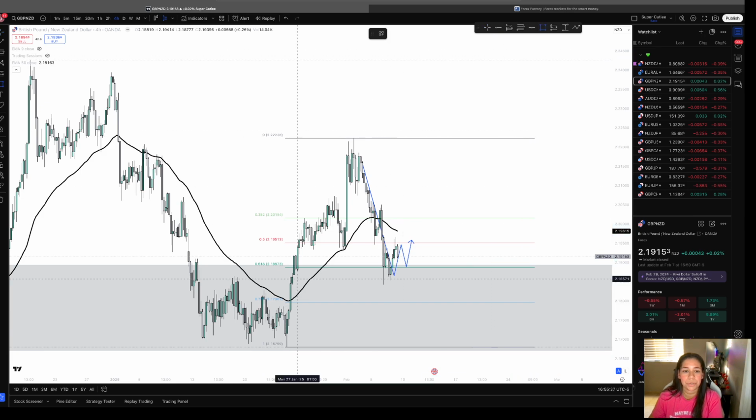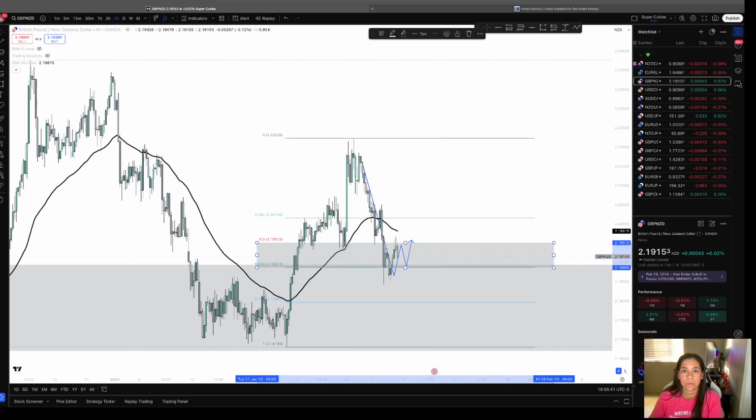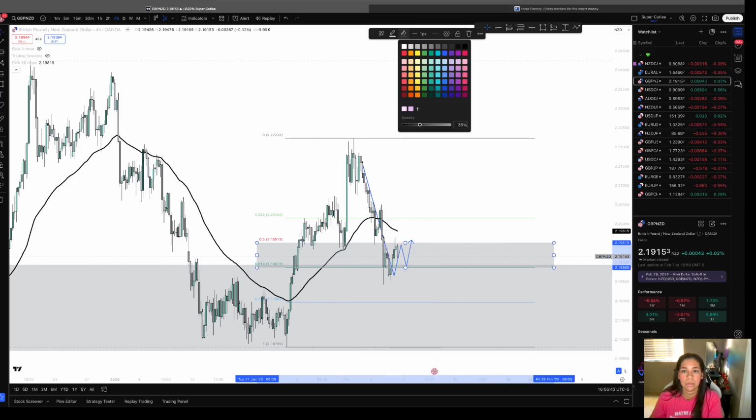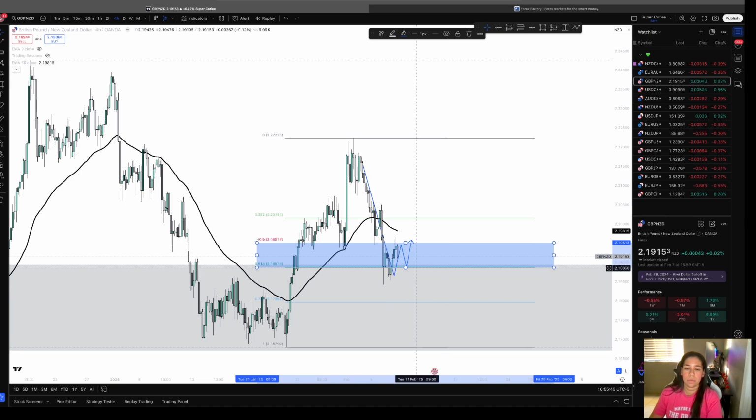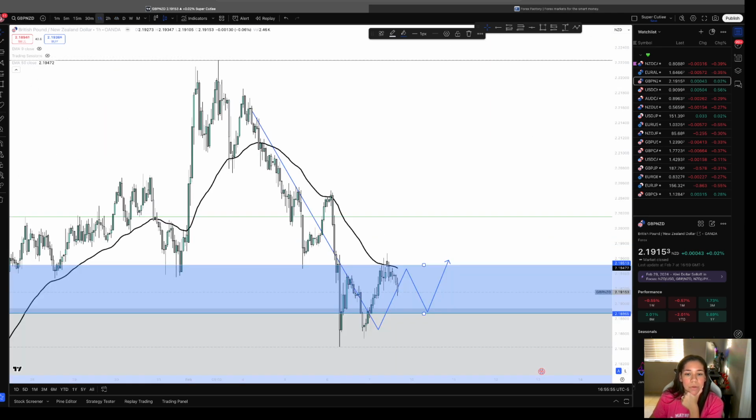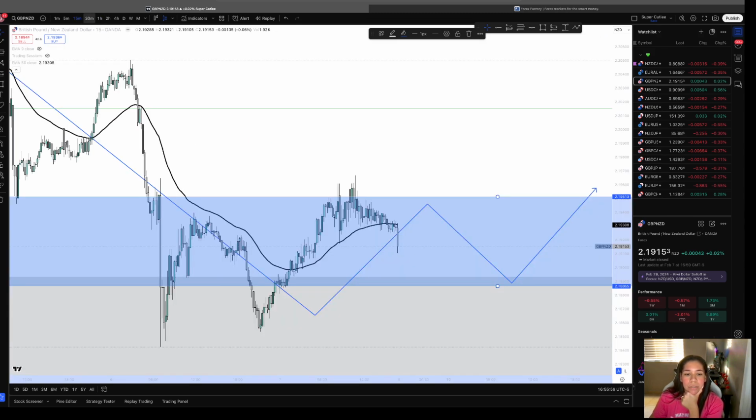So I'm going to make a little square so you guys can see it better. A little square, and let's change the color on that because I don't know how great that looks. Okay, so this is my gold zone, right? So I'm waiting for price to break out of this, right? And we're waiting for an EMA crossover. So of course we're gonna wait down all the way to the 1 hour time frame and even the 15, right? So once we have that crossover here, we're looking at,